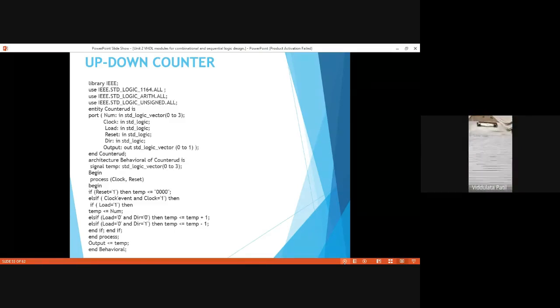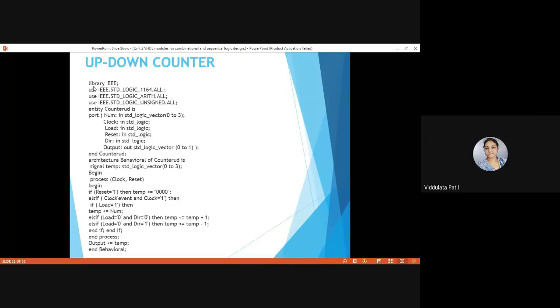First of all we need to declare the library. We have declared library IEEE, and after that we have added packages to this library program. We have added use IEEE.std_logic_1164.all, the package which we usually add in each and every program, because this package has all the basic functions.